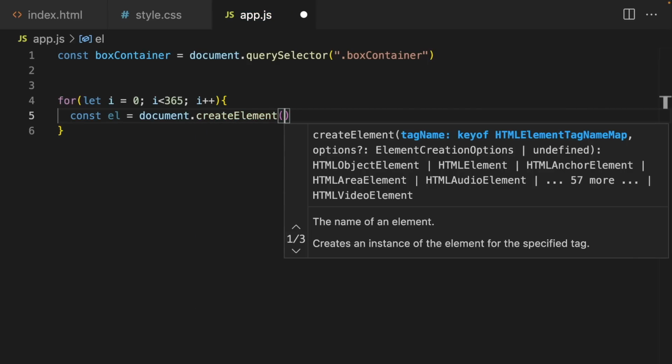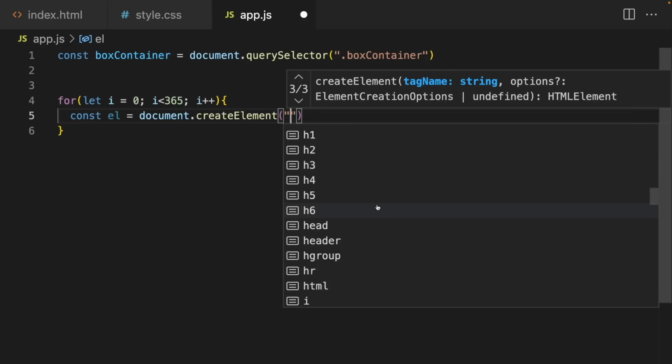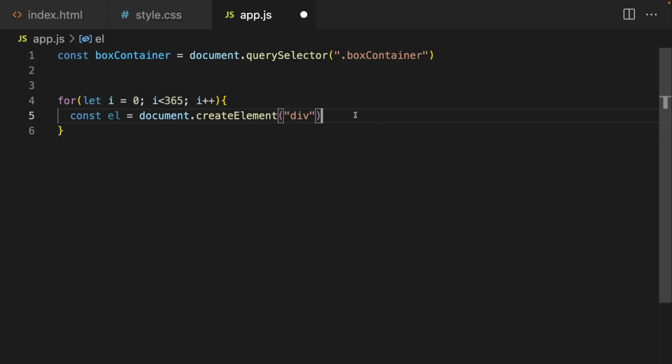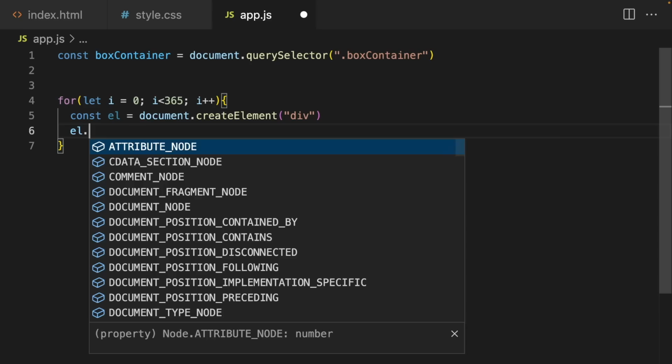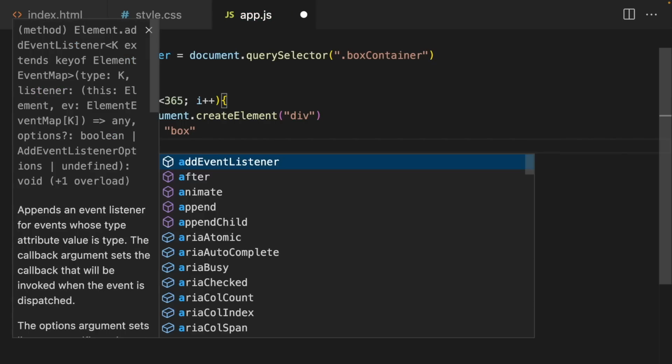and I'm gonna write here what I want to create. You can write, as you can see, any HTML element, but I'm gonna create a div, and I can give a class name for this div. I will say element dot classList, and it's gonna be box. And after creating this element, I'm gonna move this div inside box container. So I will say boxContainer appendChild,